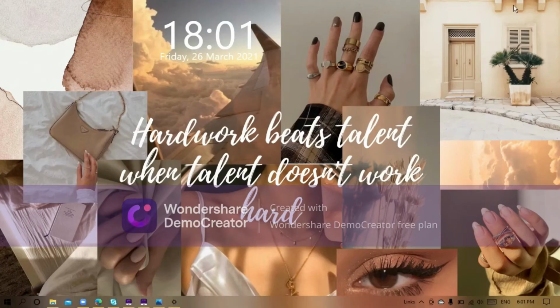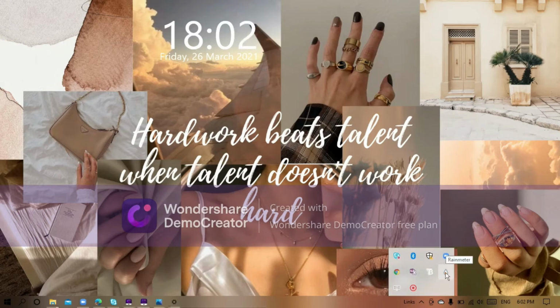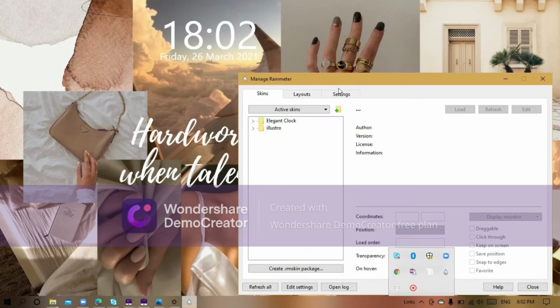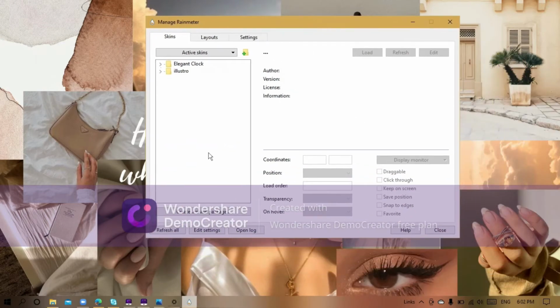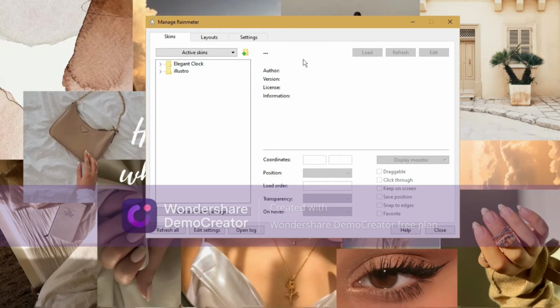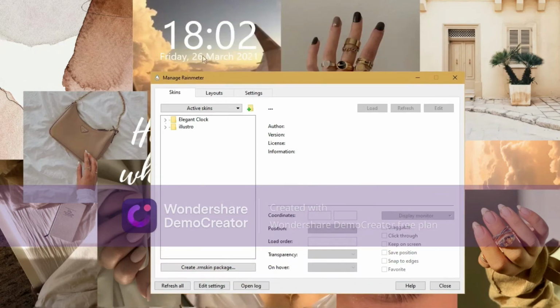Once you do, you'll be able to see your clock here. And once you see your clock here, you will also get the application over here. That is Rainmeter. So you can just click that, and once you click that, you will get this little file or folder kind of pop up. Because I've installed Elegant Clock, I will go to Elegant Clock itself, and there is a dark mode and there is a light mode. I have light mode on. Dark clock is just the same thing but in black color.